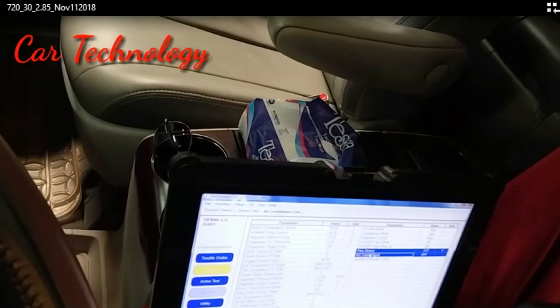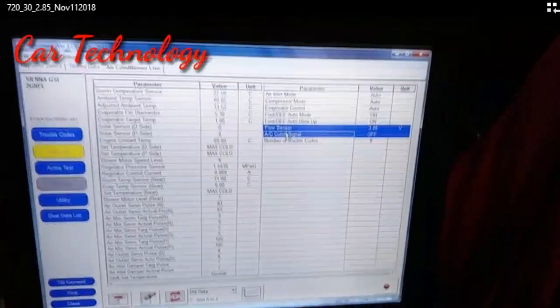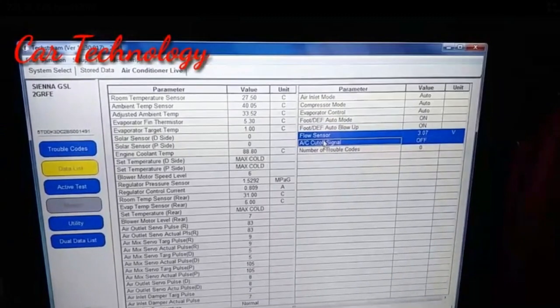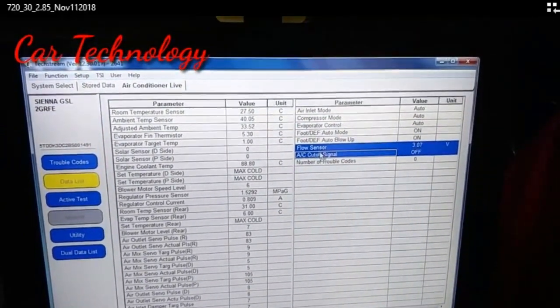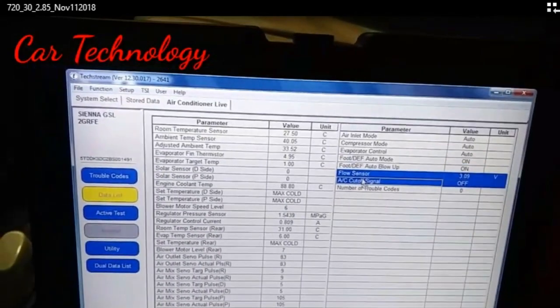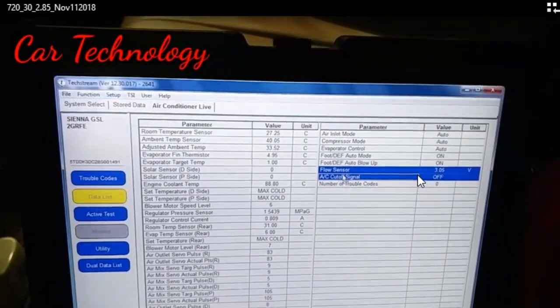Not only the Sienna, but some other car models use a compressor with a flow sensor. You can inspect like this, the same as the example video I am sharing. This flow sensor is normal, not abnormal.